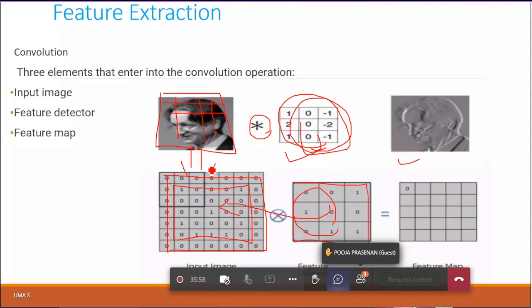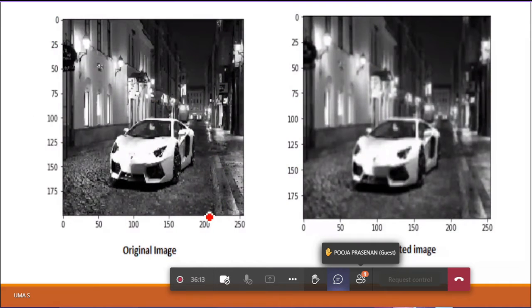So that's why the padding is given to the input images. The padding process happens as the first step, and then the feature detector sliding is applied. So I will get this value. How do we get this value? Let's see here. Suppose the original image is there, and the convolved image we get is like the feature, and the next step will be blurred, because this feature is enough to identify the original image.